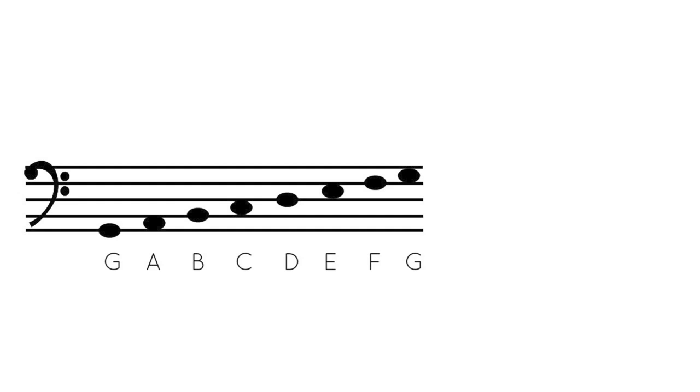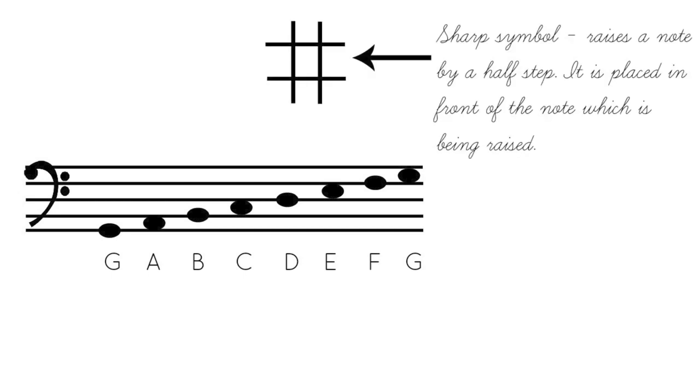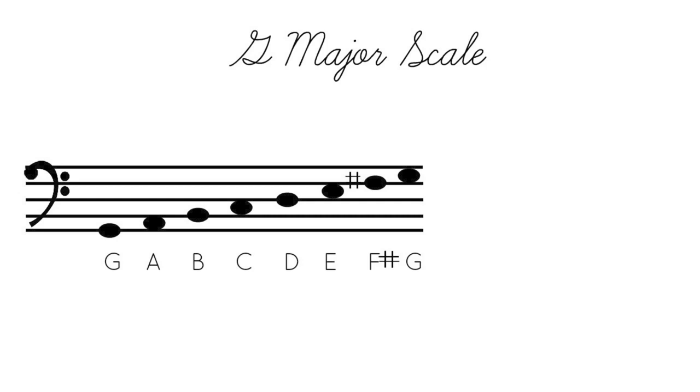Now you might think, well, since we started on G and we go to G, that this is a G major scale. You would be right, except for one thing. The G major scale has a sharp in it. And as you can see, a sharp symbol raises the note by a half step, and it is placed in front of the note. What? It is placed in front of the note which is being raised. Because G major has F sharp, we take the sharp and we place it right in front of the F note. If we took away the F sharp, it would sound like this,